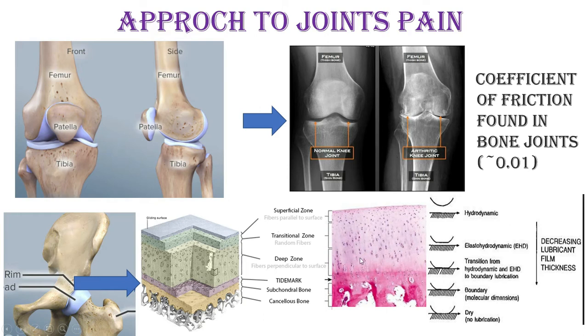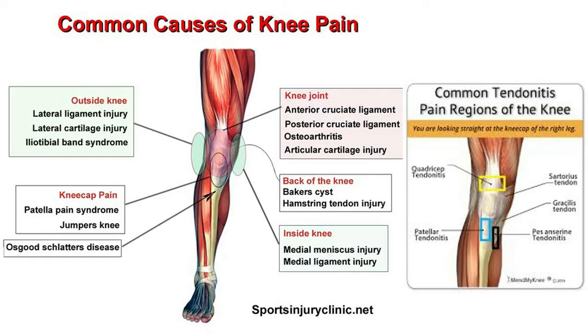And why I am talking about osteoarthrosis: it is not an infection, it is an inflammatory type of process, so I call this osteoarthrosis. Okay, this is the new terminology. Now, one by one I will try to clear your knowledge about how you approach every big joint pain, how you come to your diagnosis very easily, and what the easy steps are that will help you in the treatment protocol. And last, I will discuss some small joint pain.